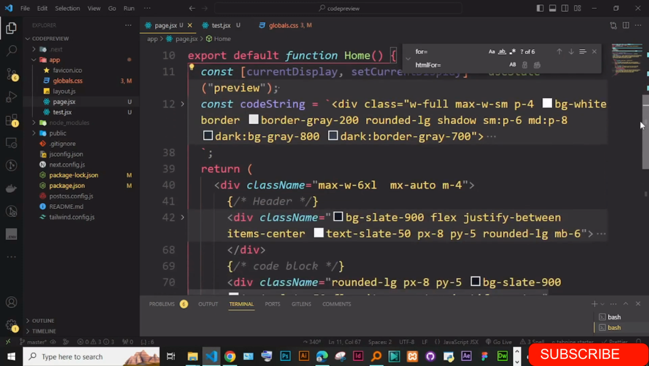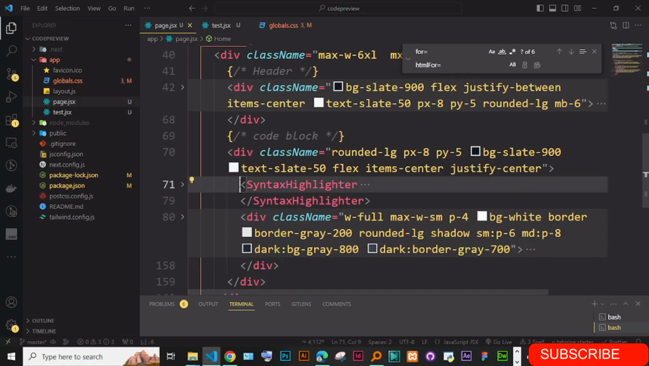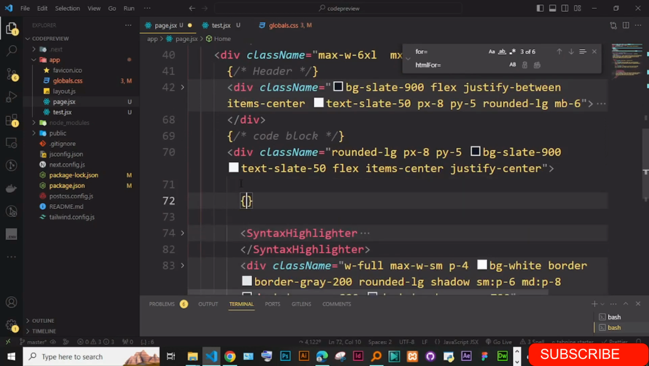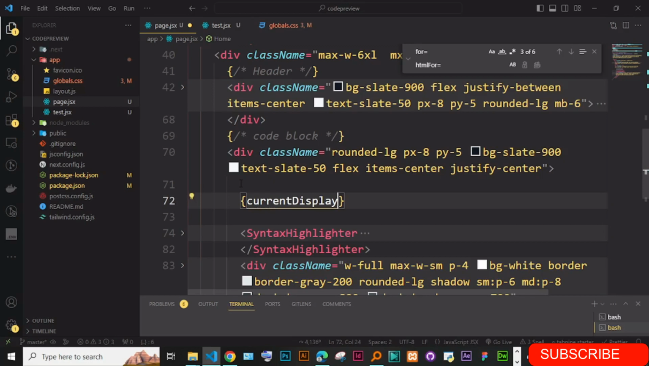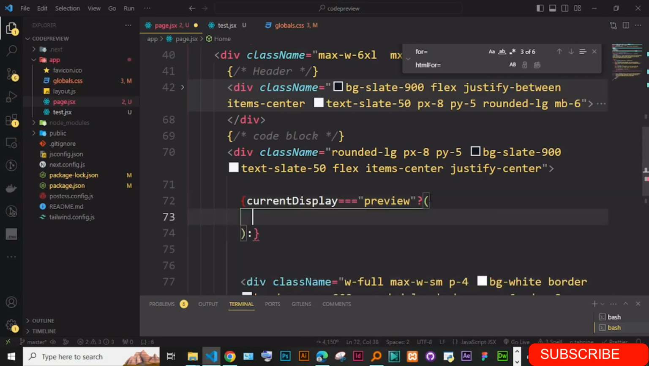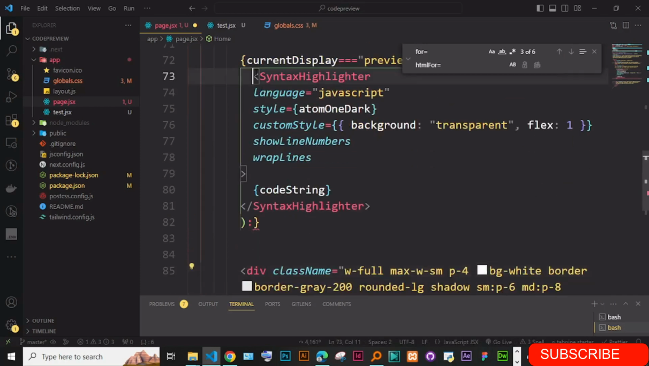So we're just going to say if the current display is equal to preview. So here inside we can just simply put this, and we say if current display is equal to preview, then if this is true, we should show this block of code, else if. Let me first put the highlighter code inside here. So you can have this inside here, and then we have else if this current preview is equal to